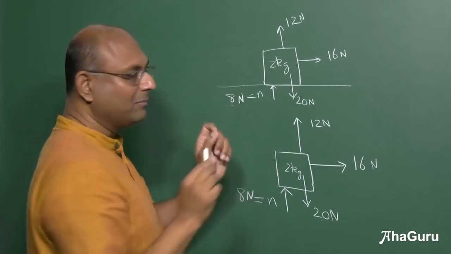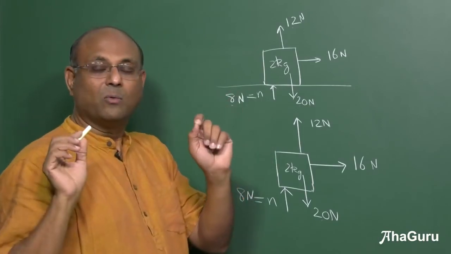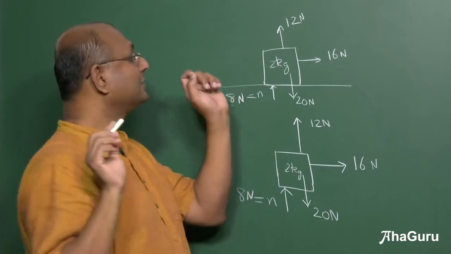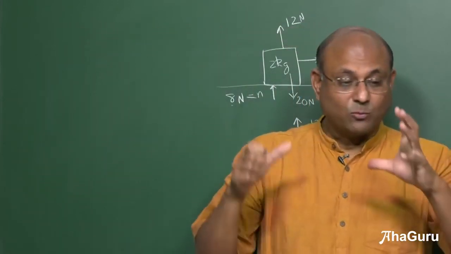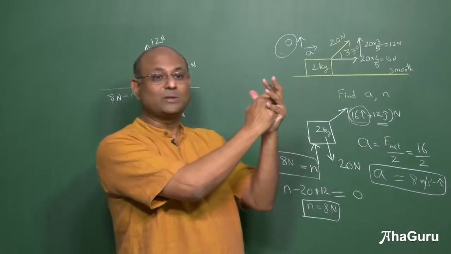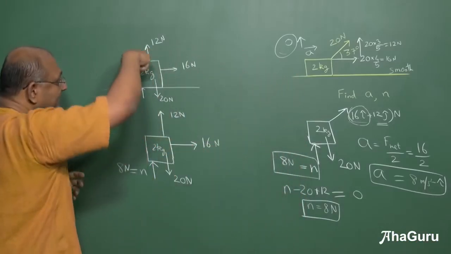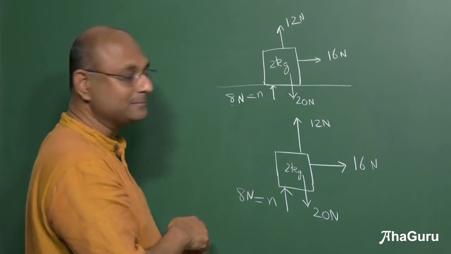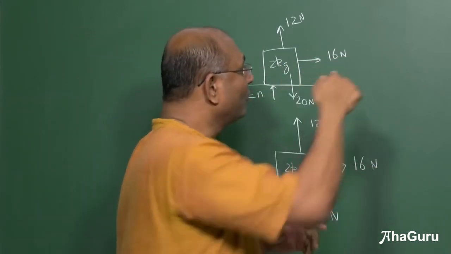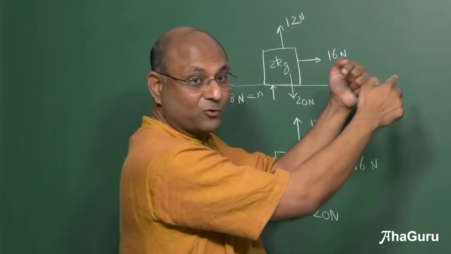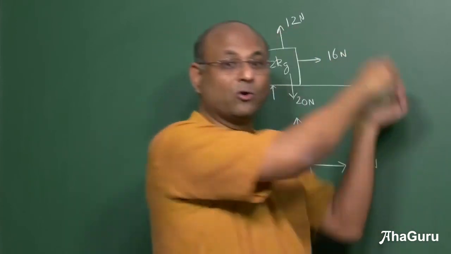Now understanding normal force is a little bit tricky. What is the job of normal force? It is to make sure that one object does not go through the surface. This object should not go through this surface. If I take the ball and throw it on the wall, the ball goes here. This exerts a force to say, don't go through me, go back.